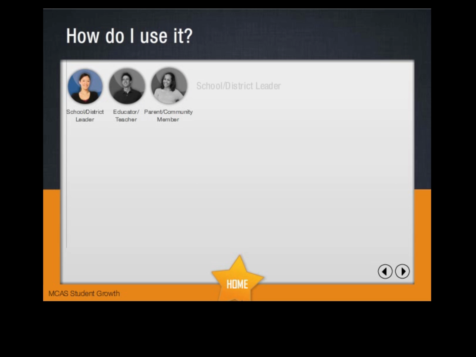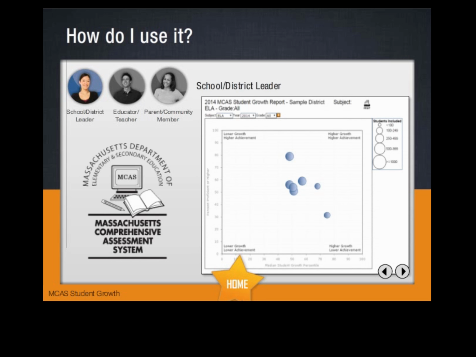For a school or district administrator, this report provides valuable information about how students in a given district performed on the MCAS and how much growth they've achieved compared to students with similar testing histories since the previous test. This can be valuable because you may find that high levels of growth exist in your district, even when the percentage of proficiency is not as high as you would like. Having both views of growth and achievement helps you understand student performance better.